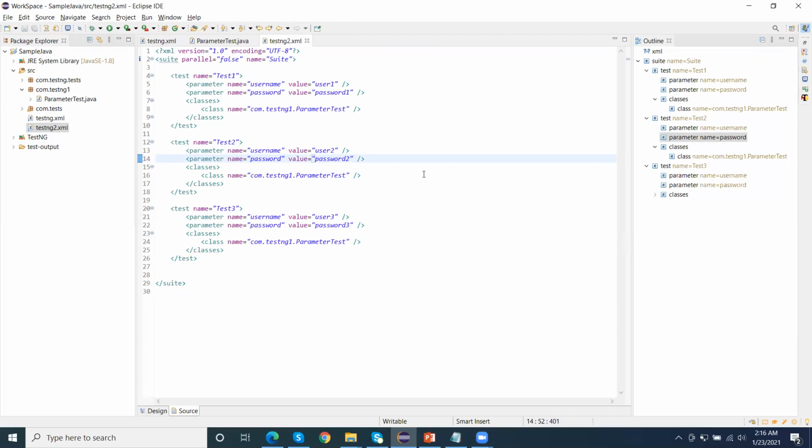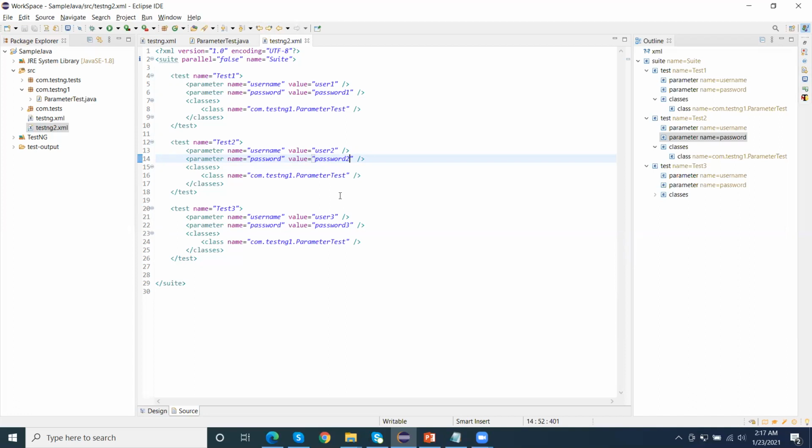Now if I want to increase the data, suppose we have 10 sets of data and want to execute this test script with 10 usernames and passwords, then we need to maintain all of those in the XML file, and this XML file becomes very lengthy, right? So there is another way in TestNG: we can execute one test script, one Java file, with multiple sets of data.